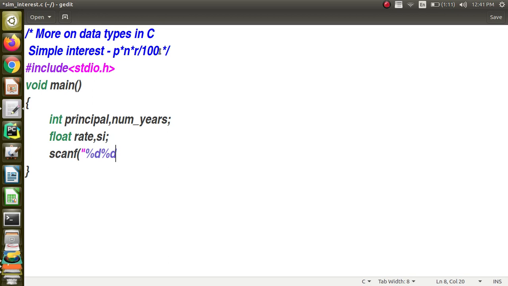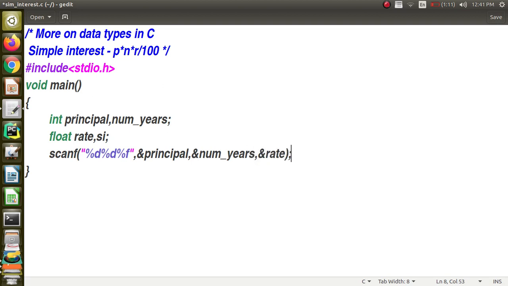And the next one is the rate of interest, which is a floating point value, so you give %f. And then a comma, after this you give the addresses of the corresponding variables. When you want the address of a variable, just put an ampersand before the name of the variable. So ampersand principal, comma, ampersand number of years, comma, ampersand rate of interest.